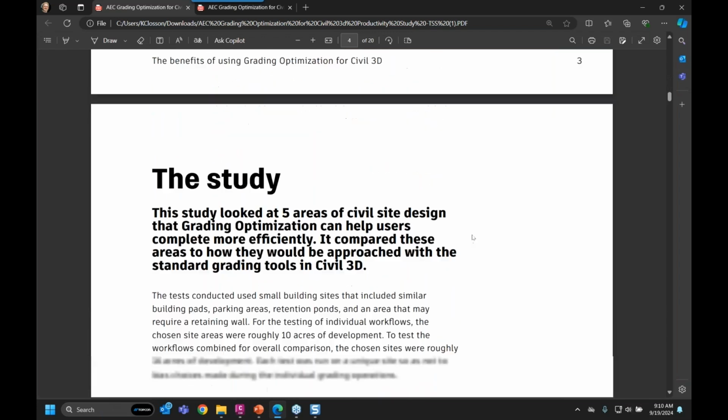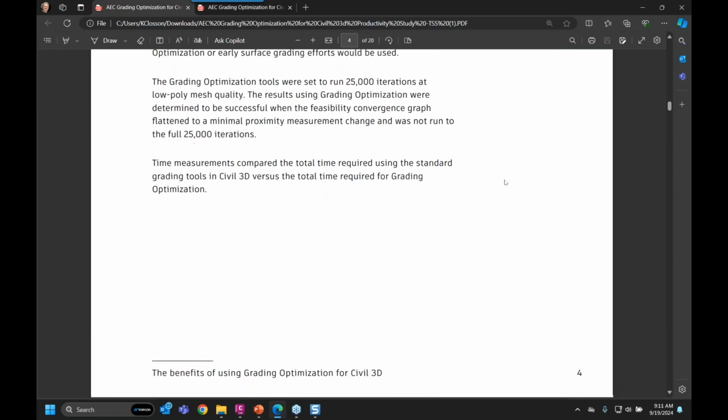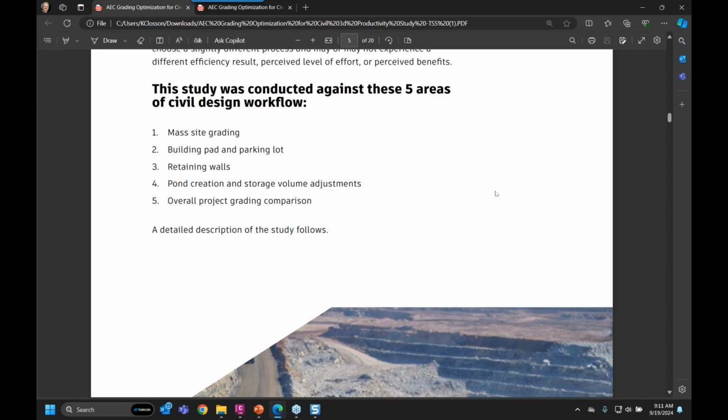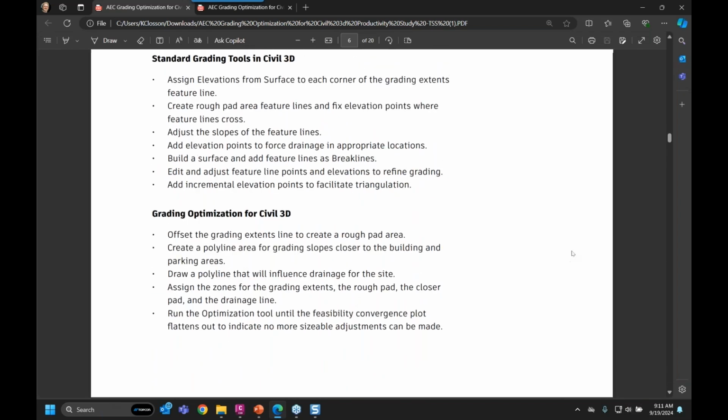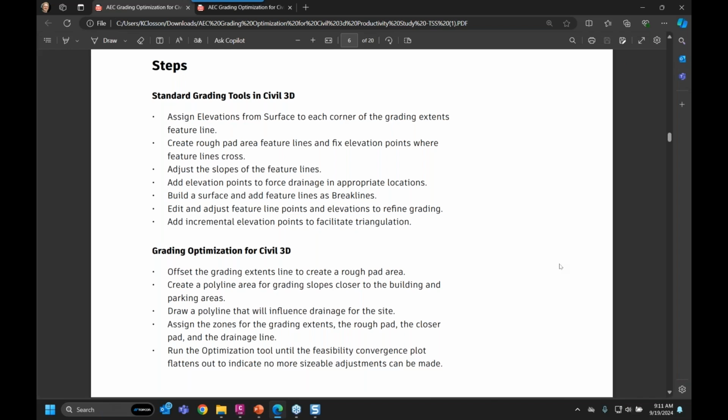All right. So, looking at some of these things, I won't go through too much of the study here, but here are those 5 areas again: the mass site, building pad, retaining wall, et cetera. But what I thought was interesting is they compared standard tools, like how we've done the process in the past, and then they switched over to using the optimization tools. Now, for those of you that haven't dabbled much into this, please note that the grading optimization tools are not